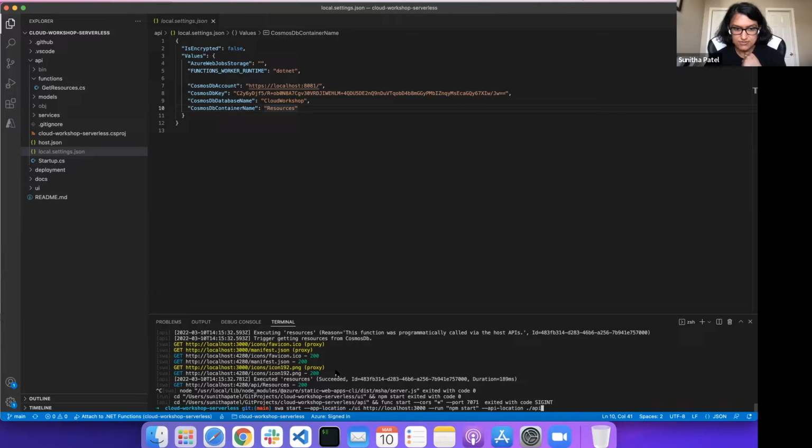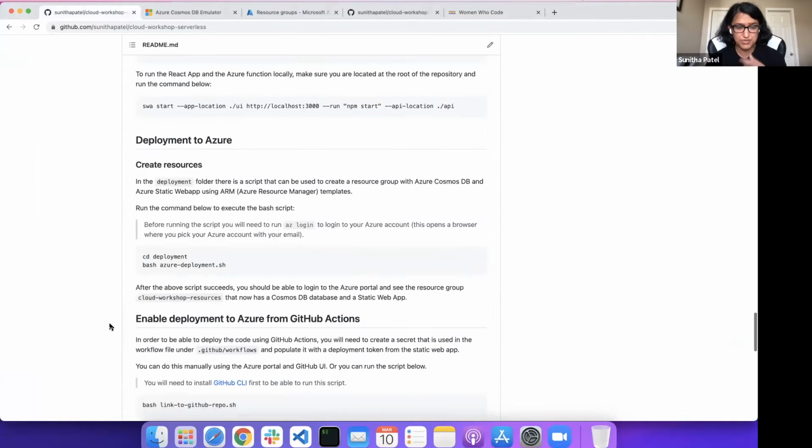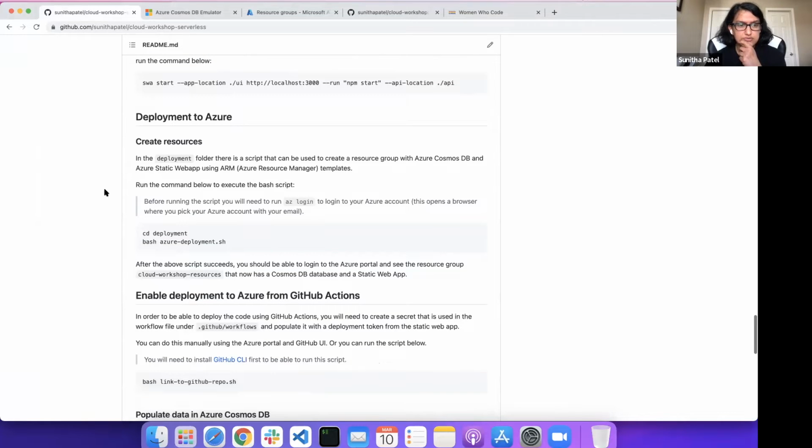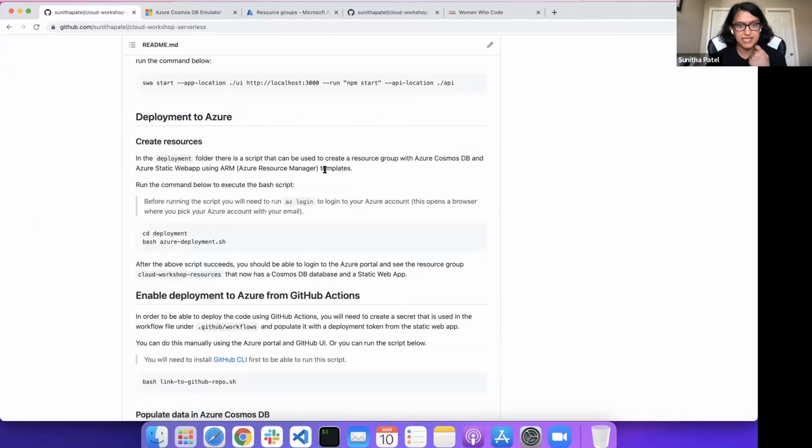Let's see. So that is for the local developments. So now we can get into the actual deployment to Azure for this web application. So you can definitely use the Azure portal to make everything through the UI. But for today, I'm actually going to use something called ARM or ARM templates, Azure Resource Manager templates. And this is an infrastructure as code way for you to be able to deploy